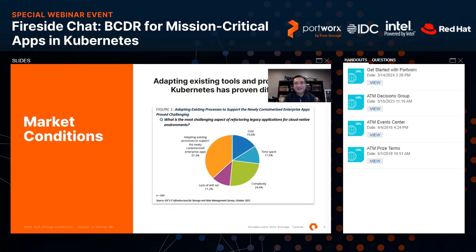Yeah, and I think looking back on it now, it's not as surprising why it's such a big chunk of this pie here. So in the earlier days of container adoption, people were hoping that it was as easy as just moving the containers into this new kind of environment architecture, and not realizing that when they do so, they break a lot of things. So not so much in the applications themselves, but in all the things that are attached to it. So things like a security software that's dependent on it, or any number of data protection related things such as backup and recovery, and so on.